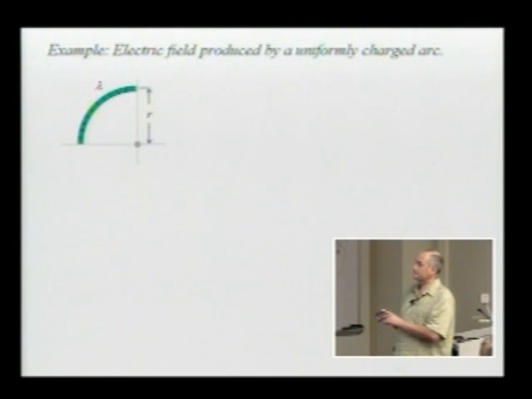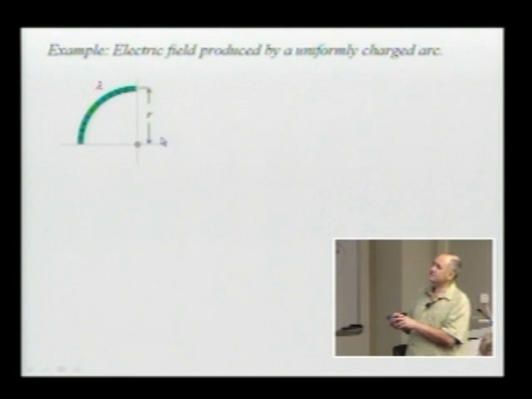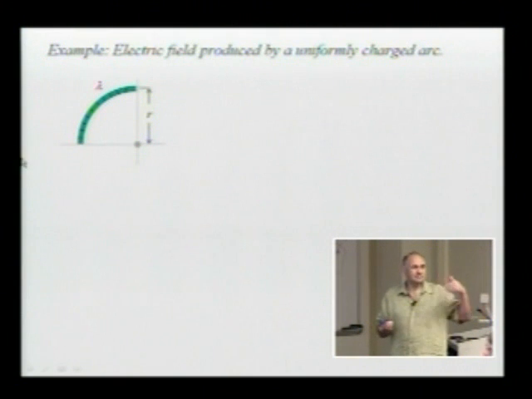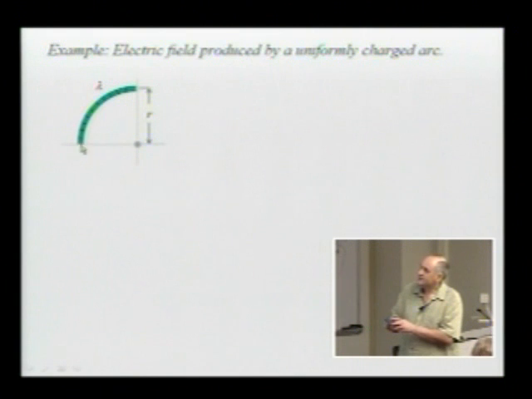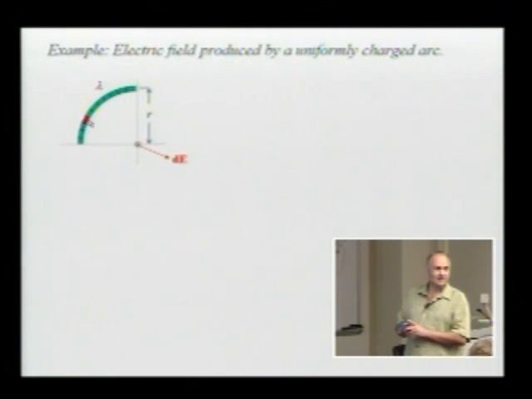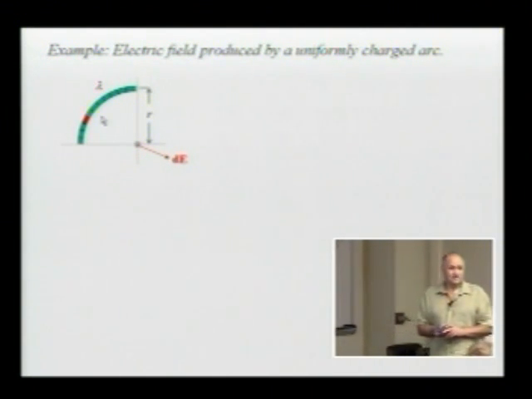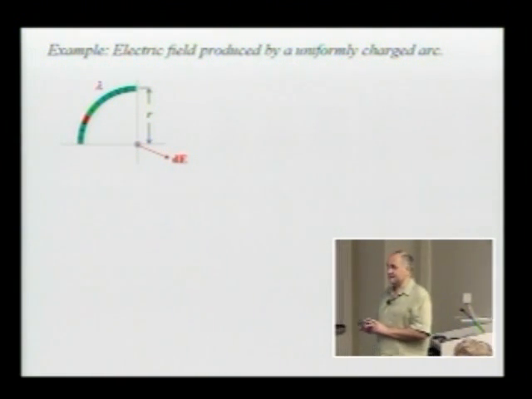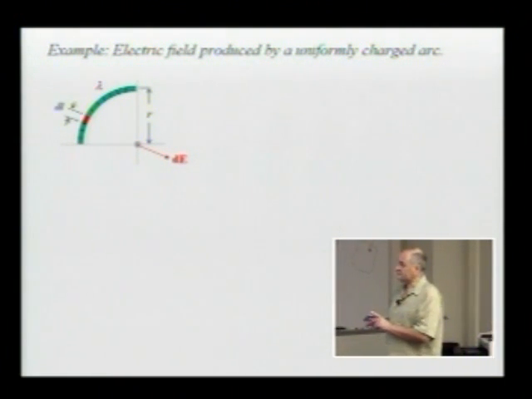Well, so let's say that the radius of this arc is r, and in order to find the electric field, we have to mentally divide that object into tiny pieces. So now, let's evaluate the contribution from a single piece. Note that this contribution is dependent on the piece. Let's say that the length of this piece is dl,